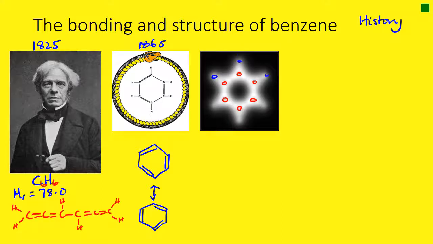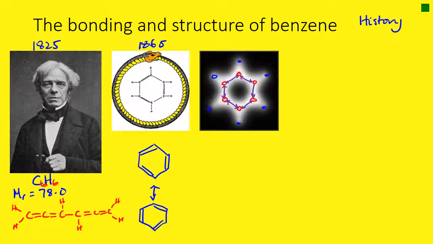Hydrogens around here, and the white is the electron density. What she noticed was that the bond lengths were all the same. Bond lengths were exactly identical. All of these bond lengths were the same length, and with her diffraction pattern she was able to measure those bond lengths, and they came out to be